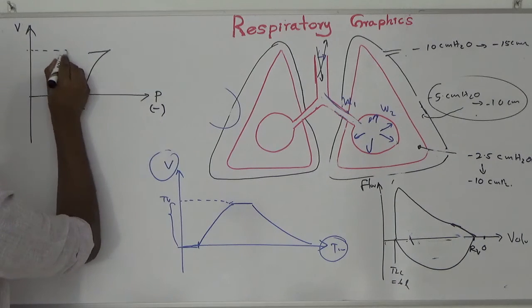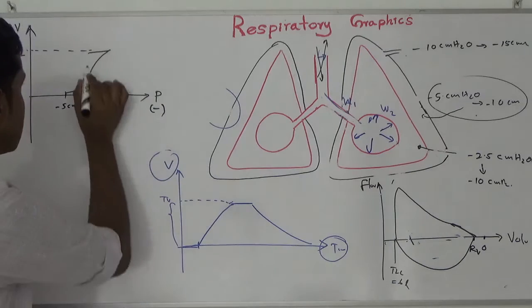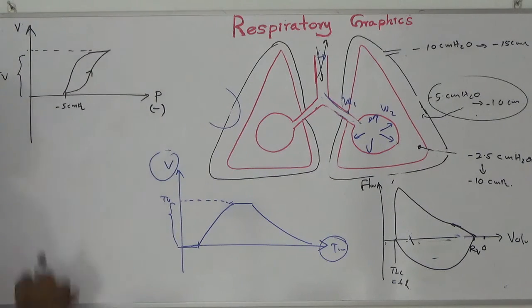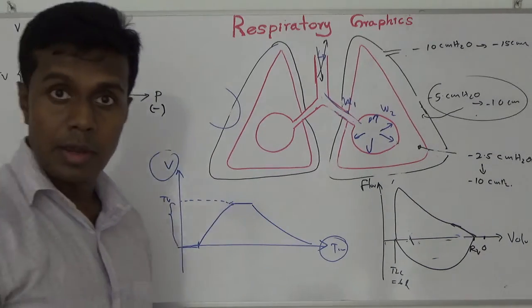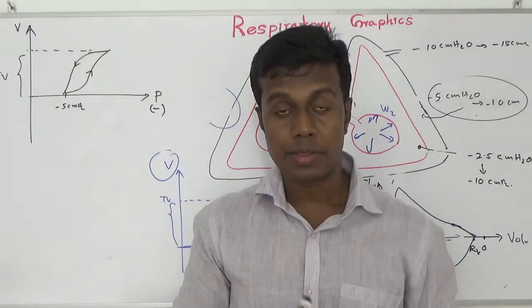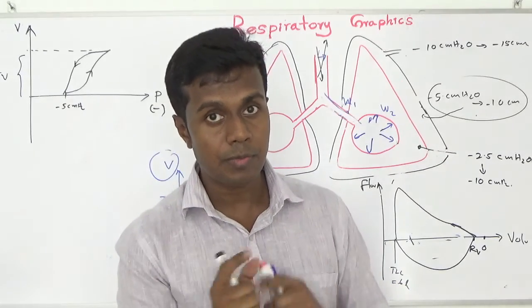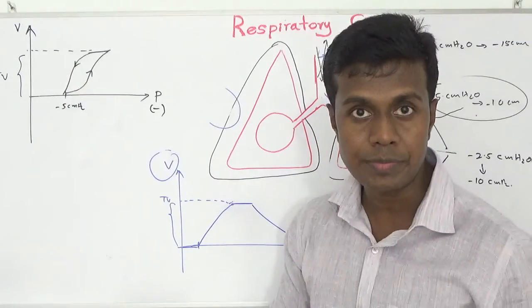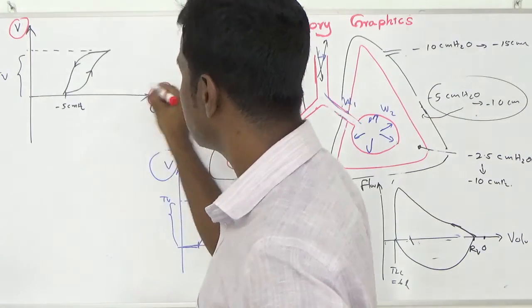I came into tidal volume, I add tidal volume into my lung, then I start expiration. This curve is inspiration and this curve is expiration. The pressure volume relationship of the lung shows some kind of hysteresis. That means the work done for inspiration is different from the work done for expiration. The difference is manifest usually as heat. So this is my pressure volume relationship of my lung.